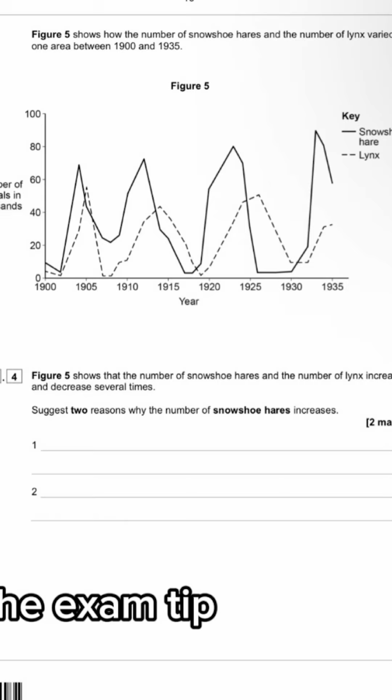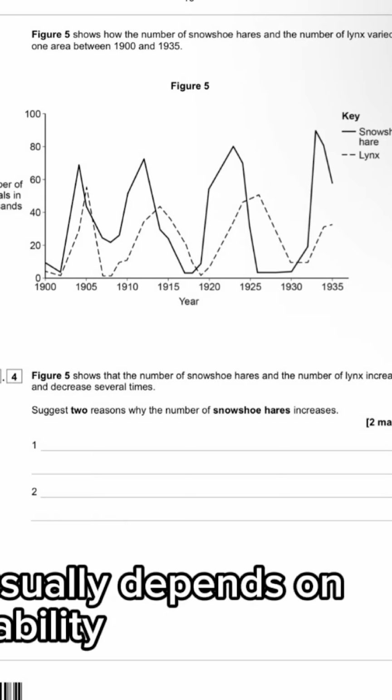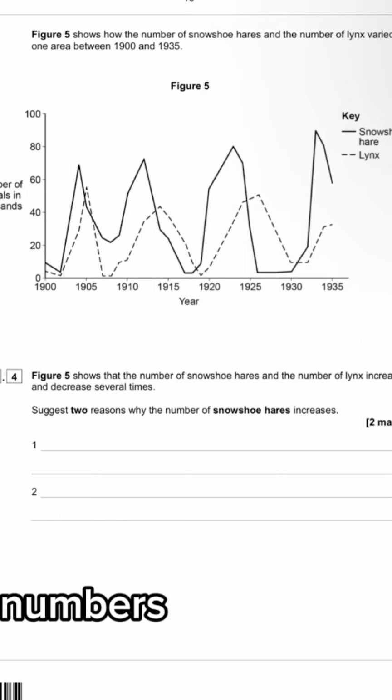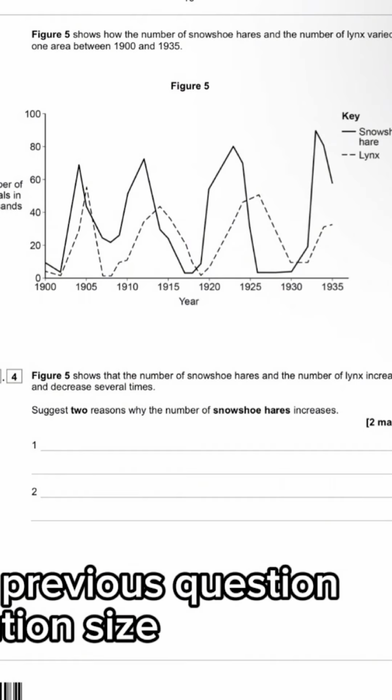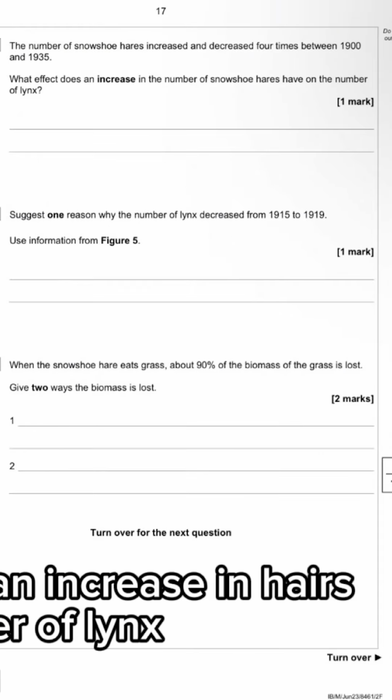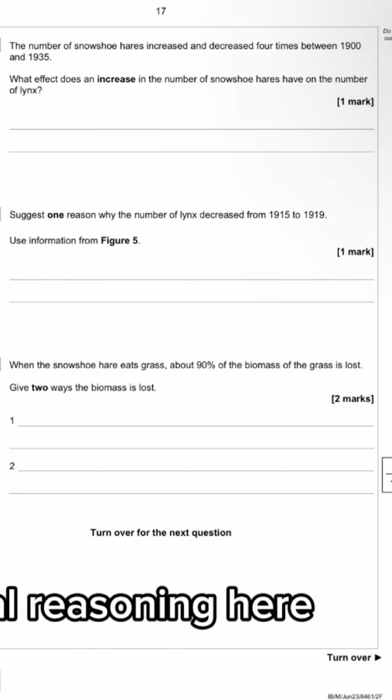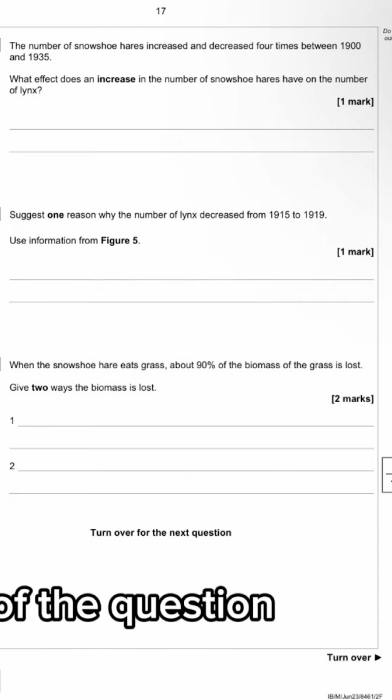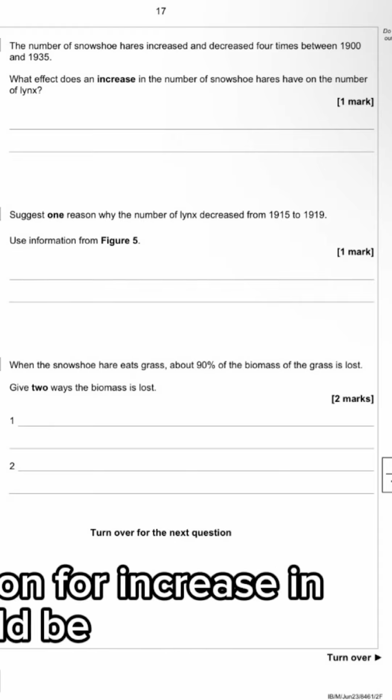Let's talk about the exam tip, which is that population size usually depends on food availability and predator numbers. After the completion of the previous question about population size, the next question deals with the effect of an increase in hares on the number of lynx. Let's start using logical reasoning here to answer part 3.5 of the question, and the best explanation for an increase in prey would be the number